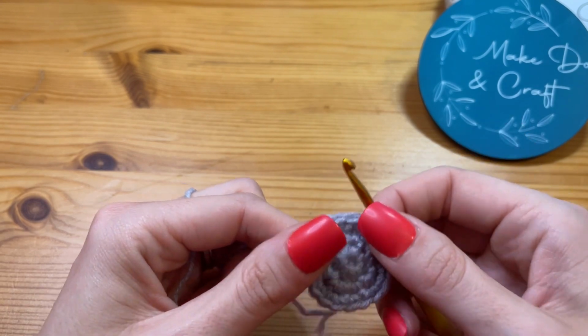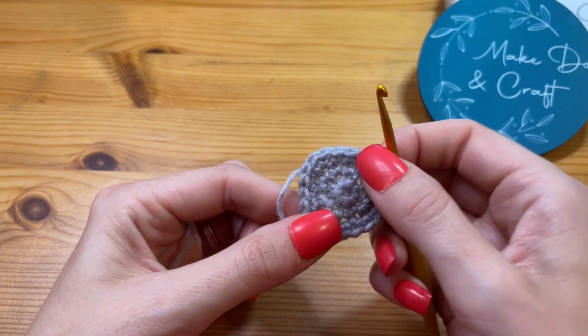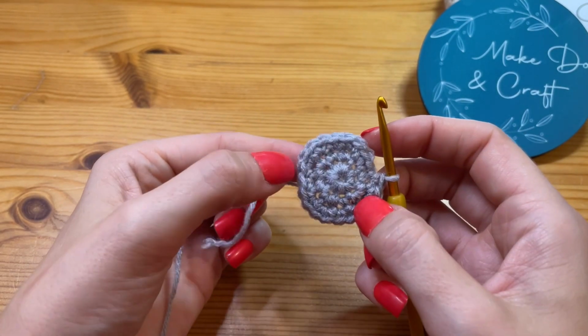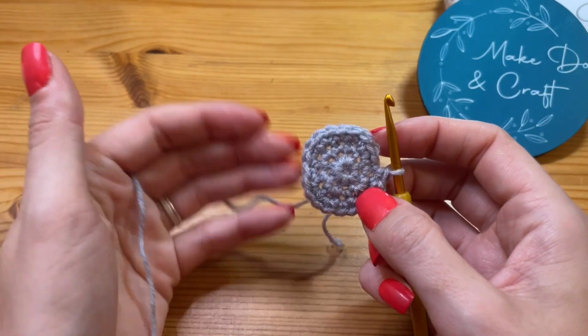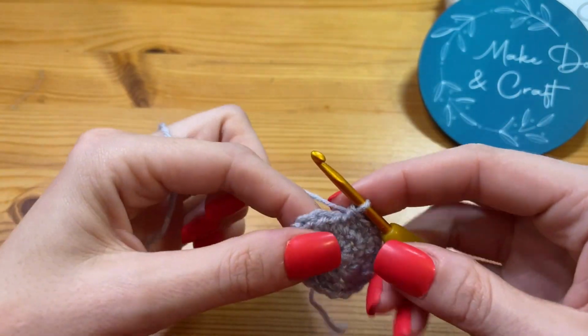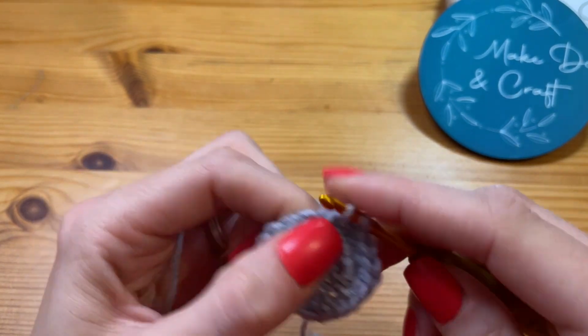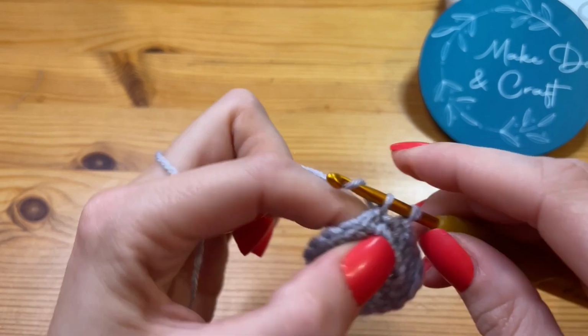So for round 4, what we're going to do is just work a single crochet into each stitch around. So basically what we're doing is we're making sort of a squared off circle. Do you see what I mean? We're sort of making a squared off, a rounded off rectangle if you like. So we're going to single crochet into each stitch around. So 20 single crochets, 1, 2, 3,